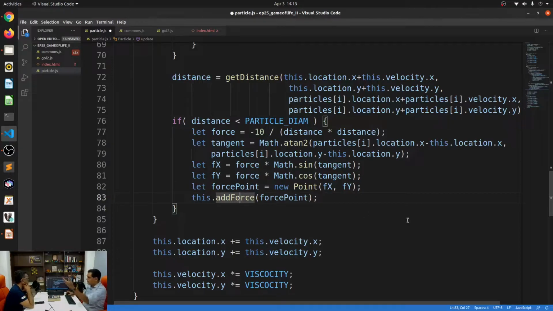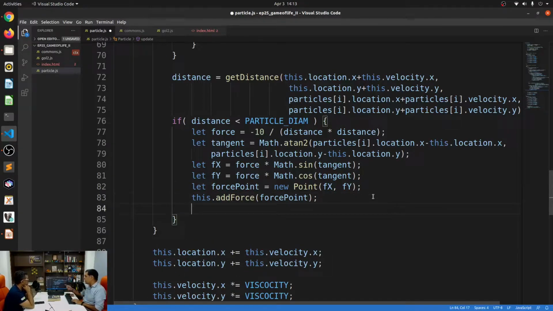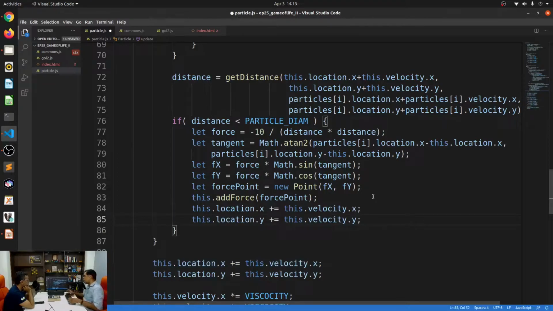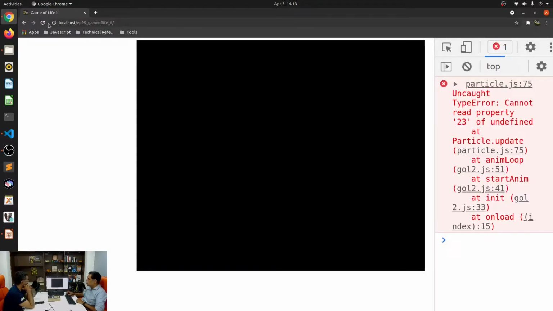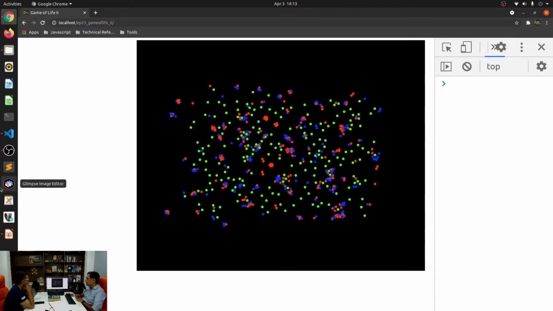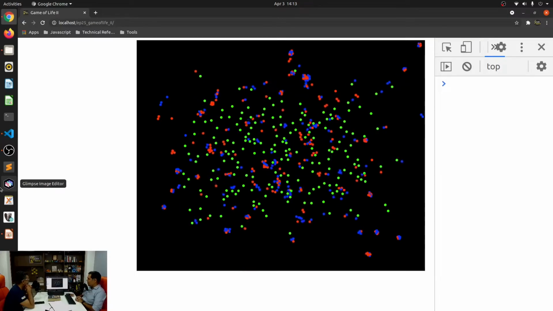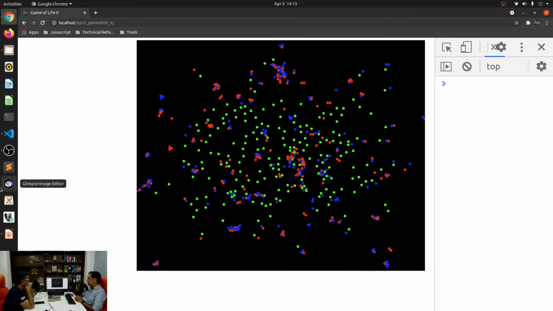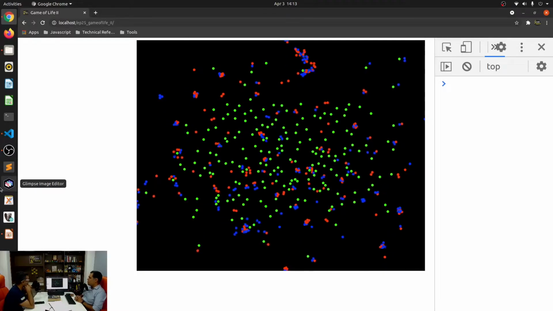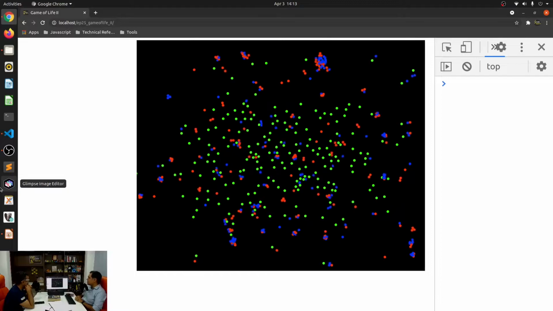So the force adds to the velocity, and once we have done the force, let's also change the location itself over here so that it always appears outside of each other. So we'll just say this dot location dot x is, we'll just do this beforehand itself so that they always go outside of each other. Yep. All right, so once we do this, I think we should see something remarkably different. Oh yeah, there you go. So the reds and the blues seem to be very friendly with each other. Nobody likes the greens because the greens are.